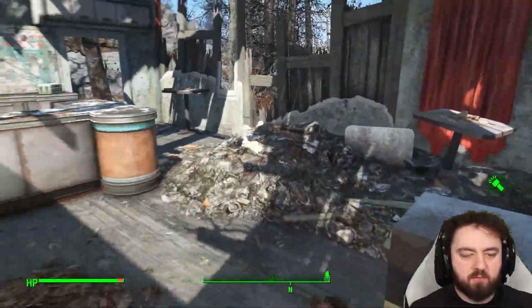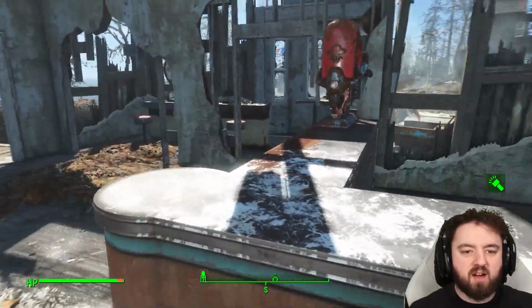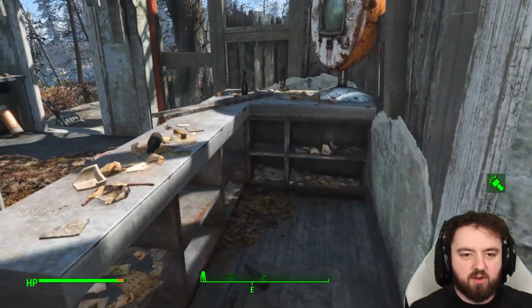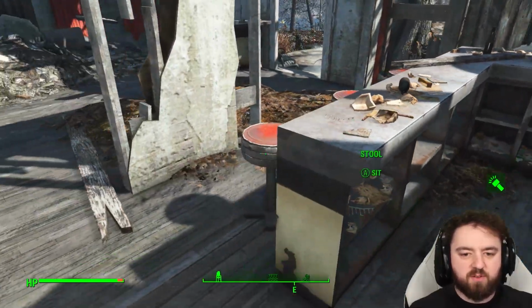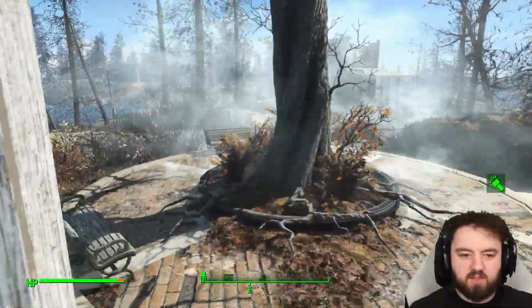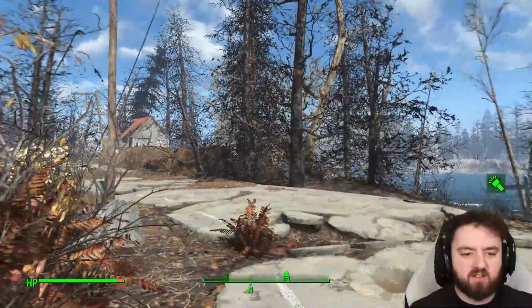No? Let's pop in. Well, I'll say house. It looks more like some sort of... I was going to say, yeah, like a wee diner sort of cafe thing. Fancy Lads snacks lying around. Lots of bottles. Refill them bad boys up if you're playing on survival. Get the Vault-Tec sink going from the DLC. One of the best items that actually...